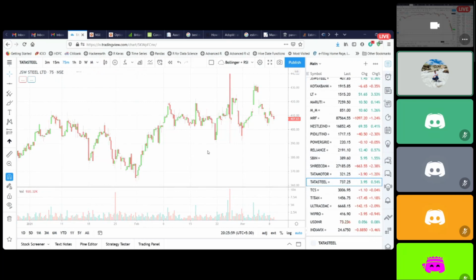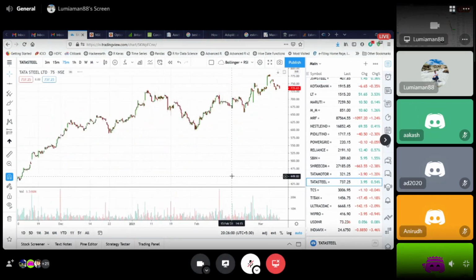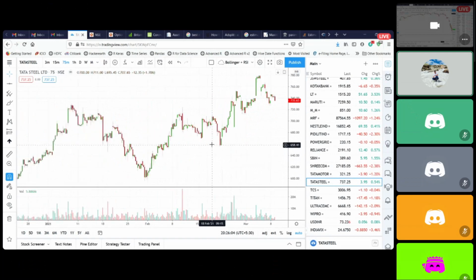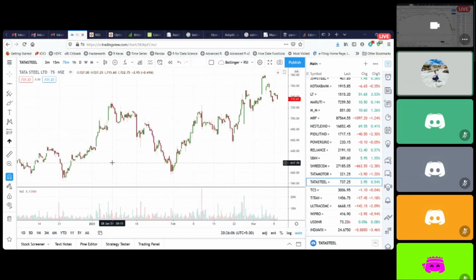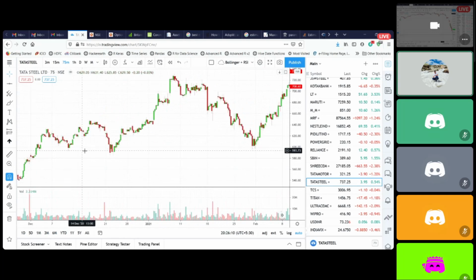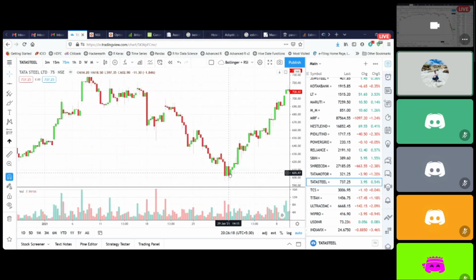JSW Steel, same thing. Tata Steel, same thing. See, when Nifty is falling a lot and Tata Steel is still, okay, again, look at this beautiful swing trade in Tata Steel. One bottom here, again one bottom here, it went up till 720, again just touched those previous swing bottoms only, 600. So it comes to 600, you start seeing those big green candles.